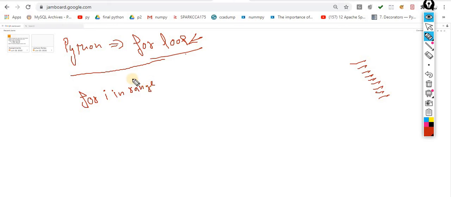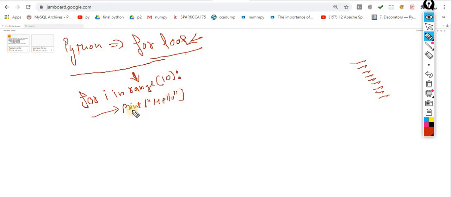I already told you range is a data type, which I described on the very first day. Inside range, I am passing the value. And whenever I use the colon, I know very well that in the very next line I have to maintain the tab indentation. So here I am printing, print of hello. Just simply printing hello.